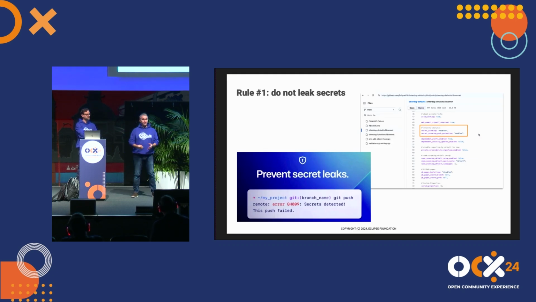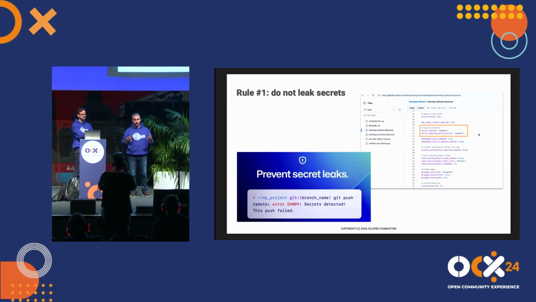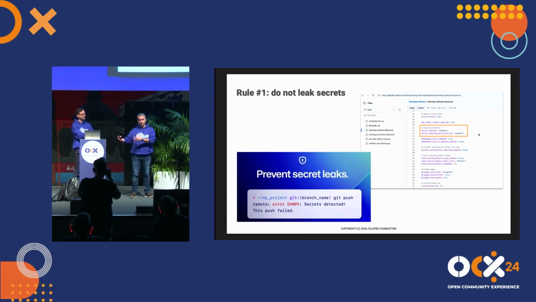So let's now dive into the actual meat of the presentation. Rule number one when you do open source development is to not leak secrets. You have one job: not to tell secrets to others. There are two settings for that in GitHub. The first one is to enable secret scanning, so that GitHub will continuously monitor the state of your repositories and scan the content of the files for secrets. That's good, but if GitHub is able to find secrets in your repositories, it means they are already there. So there is another feature called